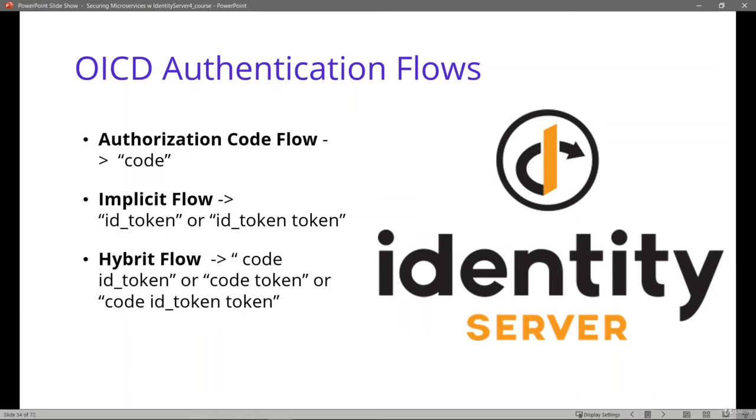So for these flows and response type values, for example, when we see the code value in the response type parameter, the authorization endpoint always returns the authorization code. If an ID token is included as a response type, the ID token is included in the response, or an access token will be included in the response from the authorization endpoint. In short, this parameter determines the response structure and which steps the client application will use. Of these three flows, the authorization code flow is an extension of the OAuth 2 authorization code grant. OIDC implicit flow and hybrid flow are extensions of the authorization code flow.